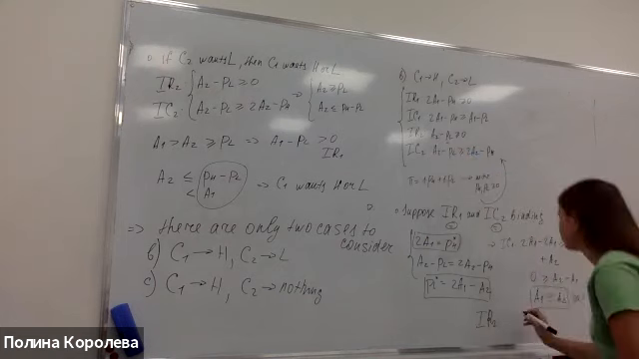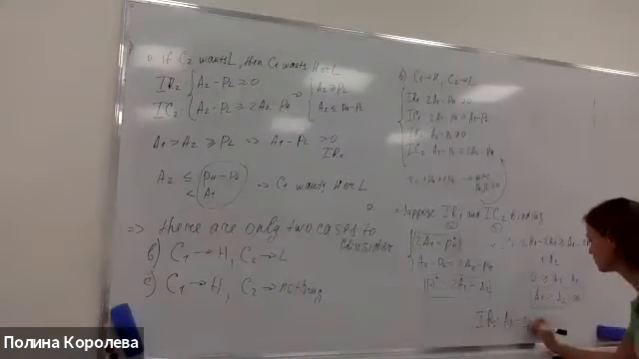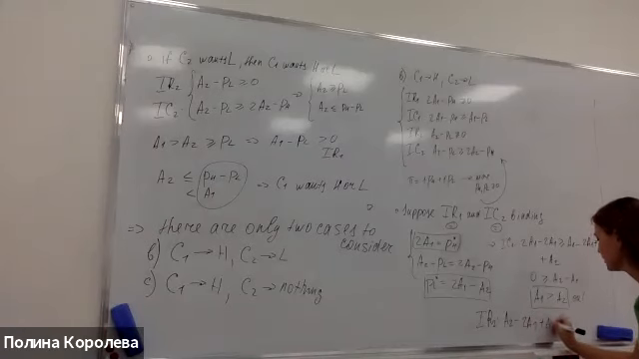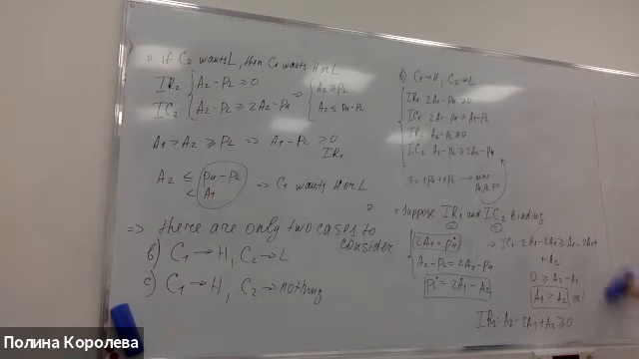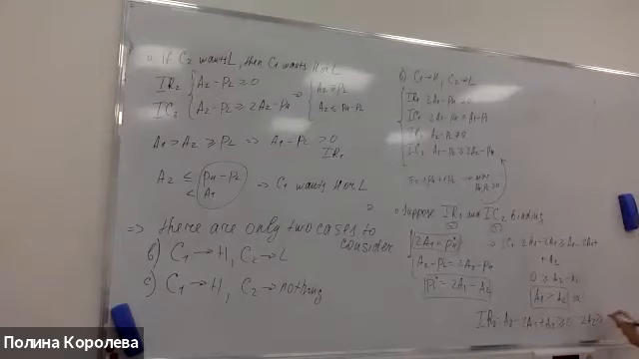A2 minus price of low quality minus 2A1 plus A2 should be greater or equal to 0. From here, 2A2 greater or equal than 2A1. From here, A2 greater or equal than A1. This is